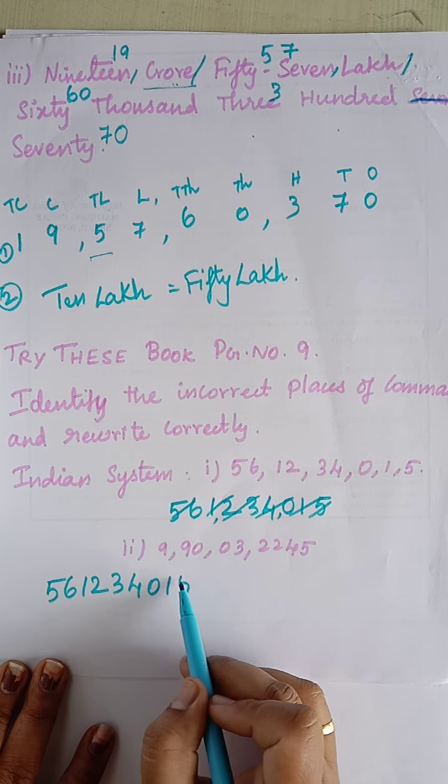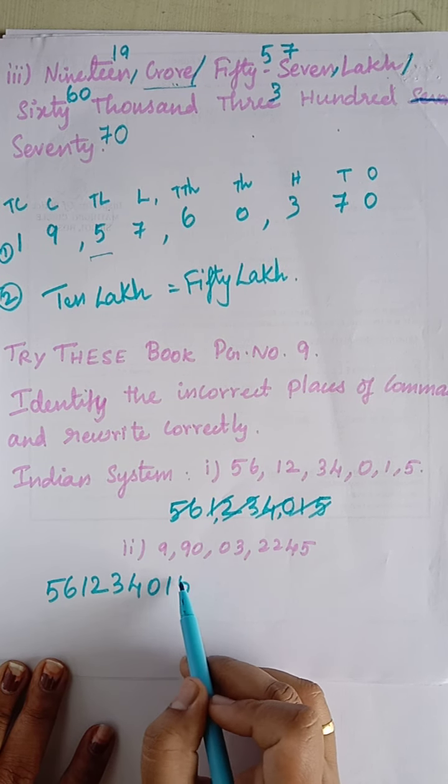Now we are going to do the sum in the international system. So for that also the same procedure we are going to follow. So first we have to take the number and write it. So 7 5 6 1 3 4 5 3 4. Okay, next we have to put commas. So for the international system the commas will be like this: 1 2 3 comma 1 2 3 comma 1 2 3. It will go on. Clear?